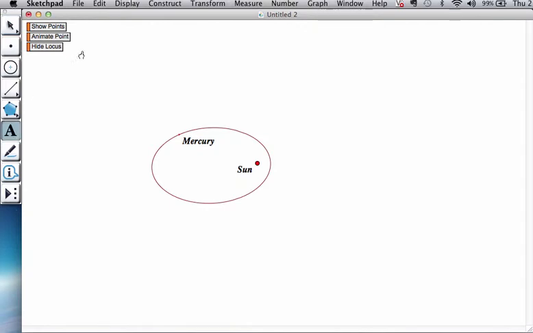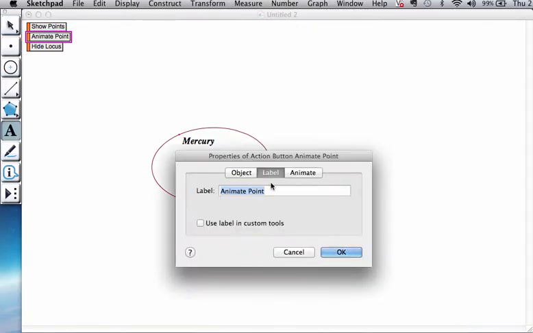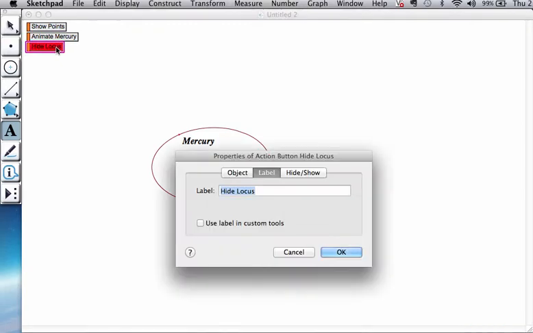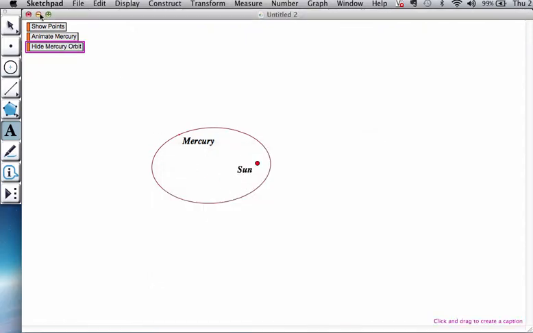And what I always recommend is that you name things properly, because things are going to get very complicated soon. So you may want to say something like animate Mercury, hide Mercury orbit, etc. So once you like what you have,